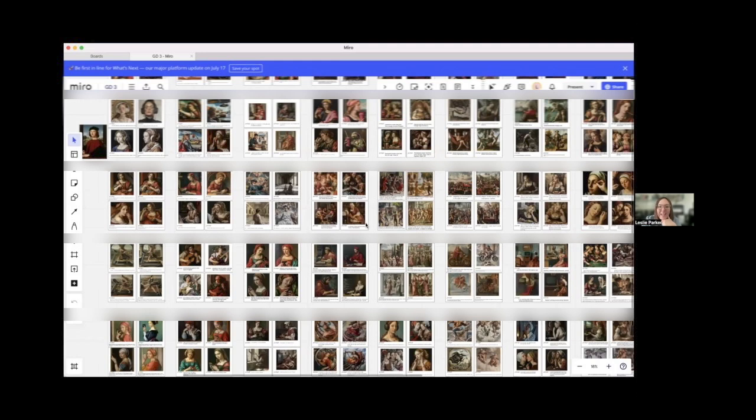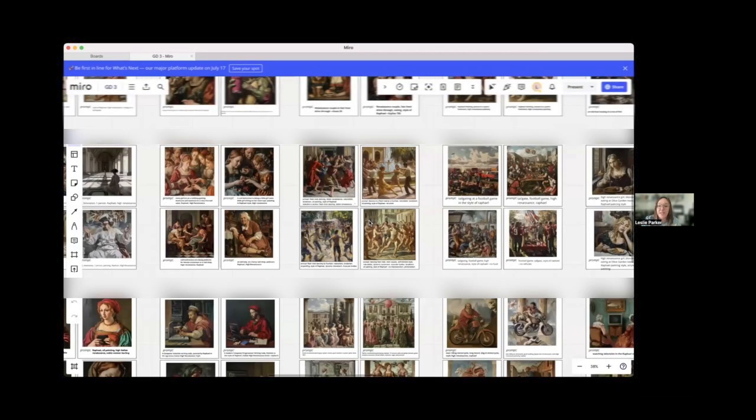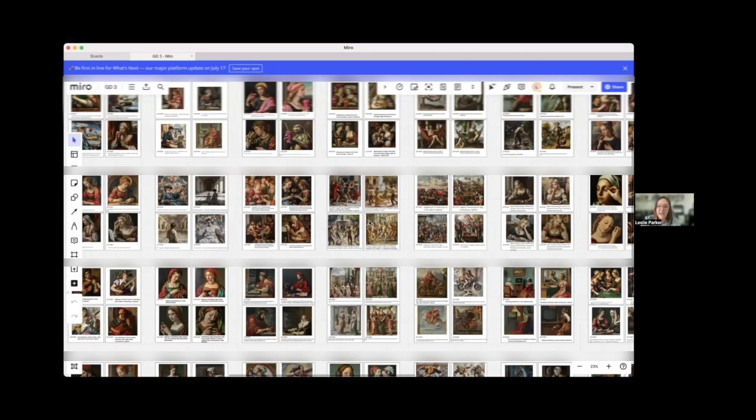Let me see. I'm going to share my screen really quickly and show you an example of one of our Miro boards. So we had 40-something students in the course. And for this assignment, this was after the art history lecture about imitation. The title of the lecture was Emulation versus Imitation. And so the assignment I gave during our lab day was use Midjourney to create an image that looks like it was painted by the Renaissance painter Raphael,